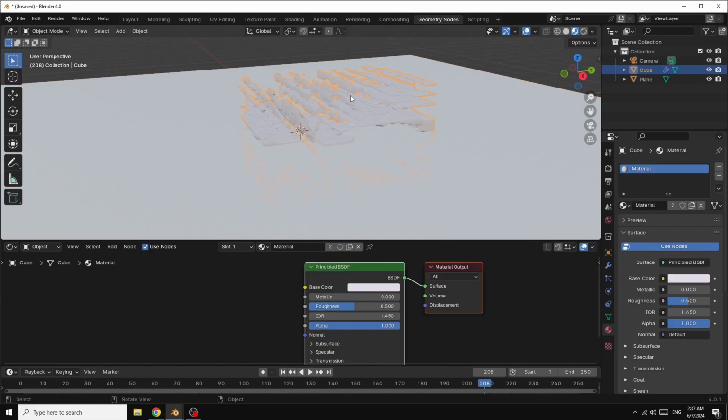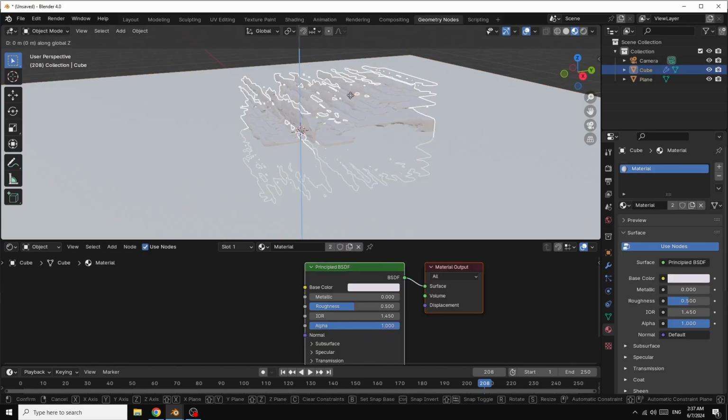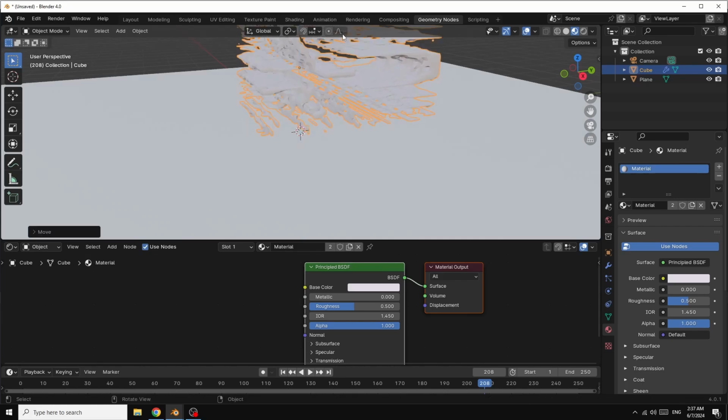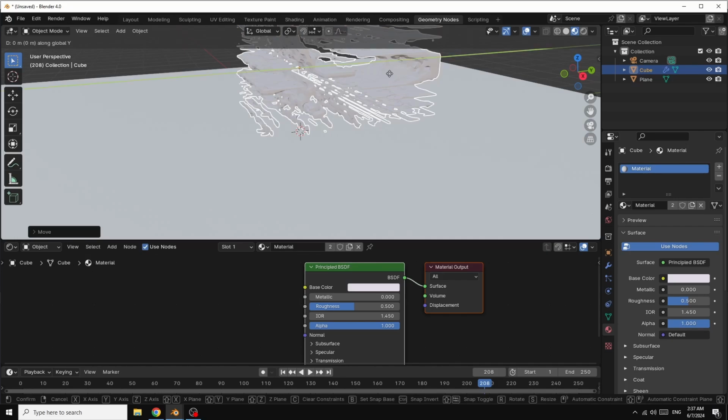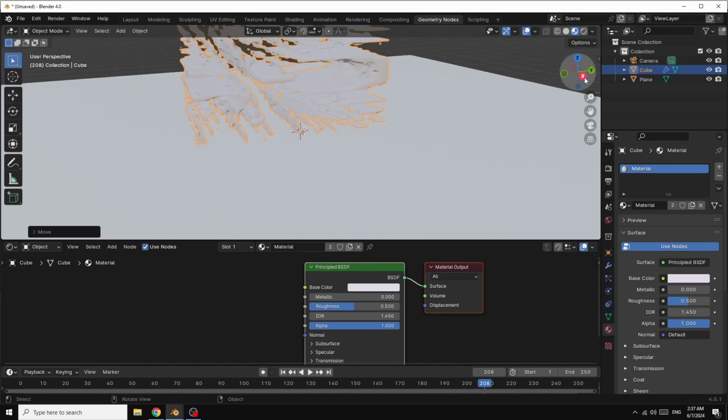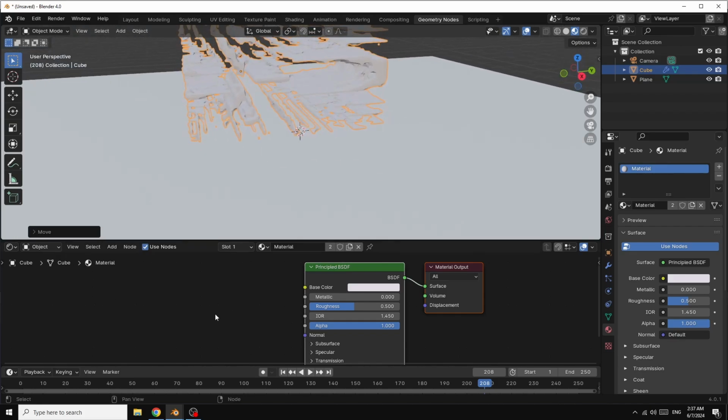Now select the object, G, Z, up like this. I make it G, Y. I make it here in the center. Okay. Now we are finished with geometry nodes.